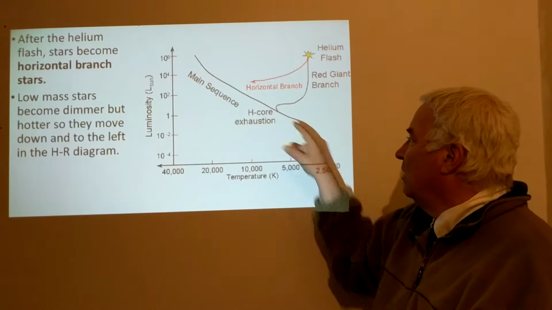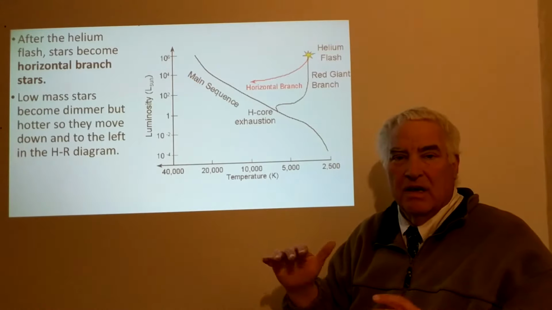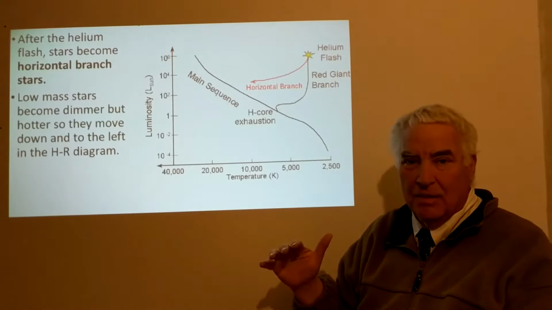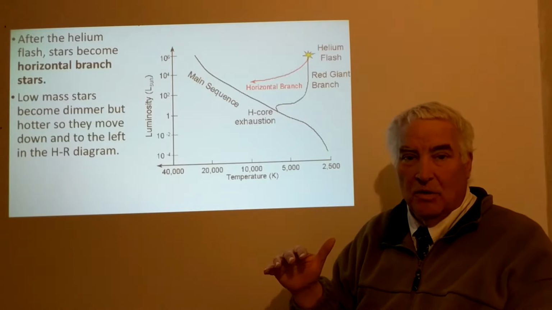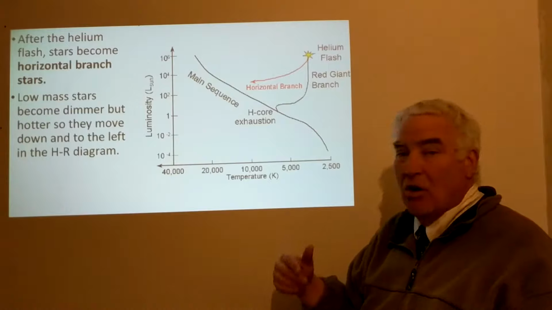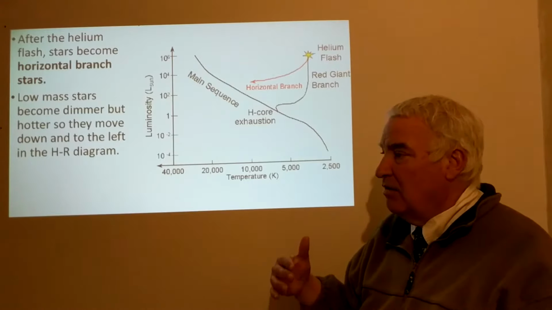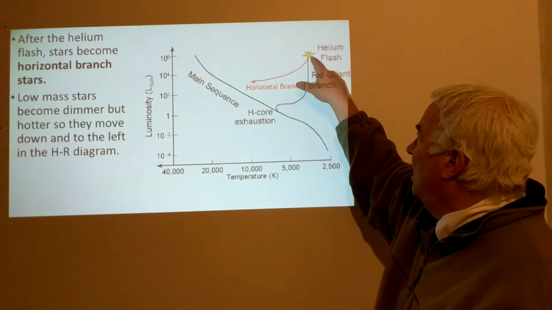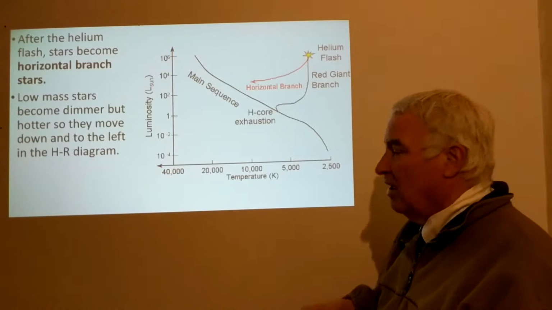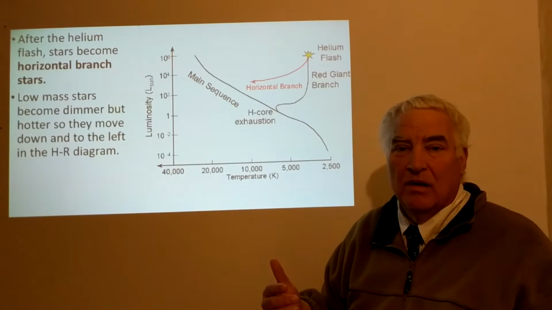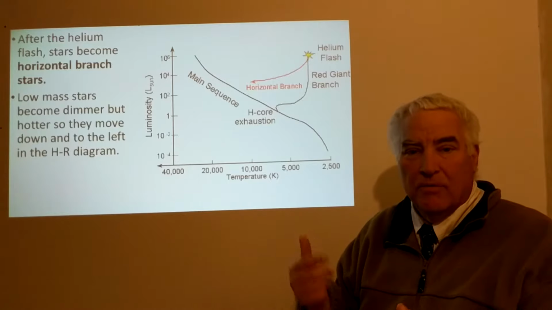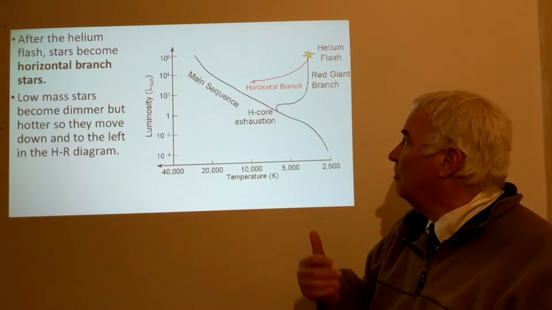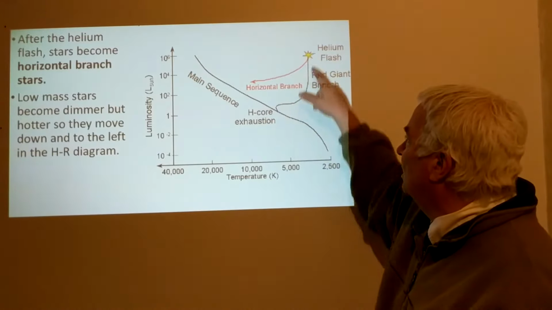And when all of the hydrogen is exhausted in the core, because all the hydrogen is converted to helium in the core through the process of nuclear fusion, the star must then change, and the star transitions and follows the red giant branch. It has a helium flash when the core fusion of helium into carbon begins at the helium flash.